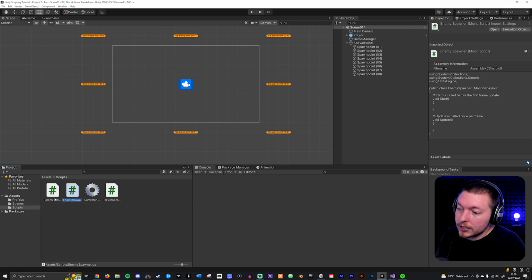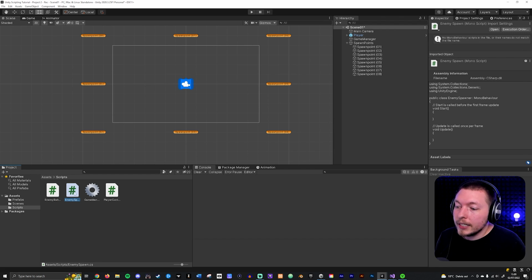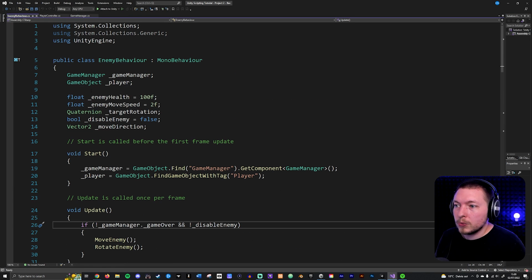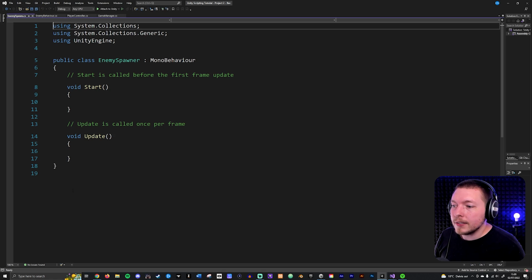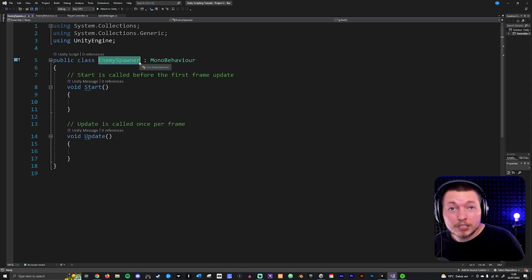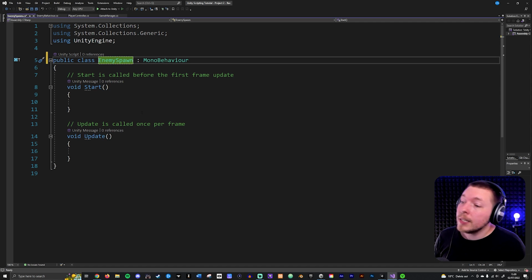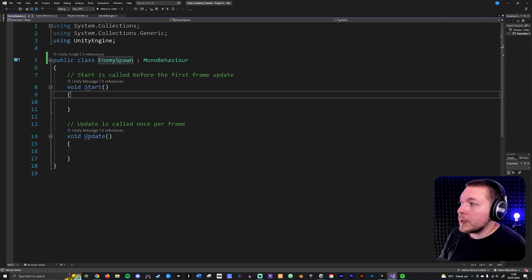If I were to actually change the name of it into enemy spawn, it is going to give me an error message, because right now, if I were to open this up inside my Visual Studio, this one is called enemy spawner, so this is going to throw me an error message. So we want to make sure we change that name as well. Okay, so with this, we can now get started on creating the last thing we need in order to actually get this working,